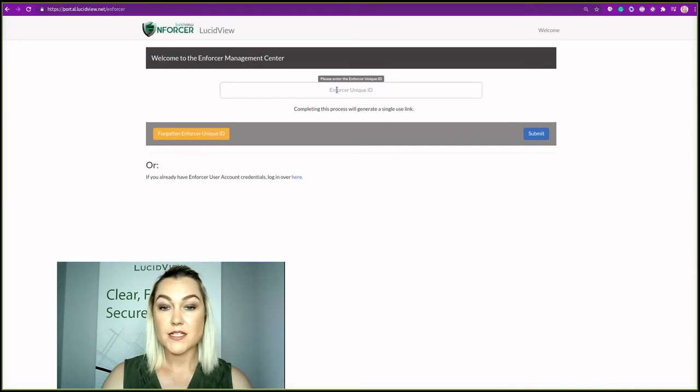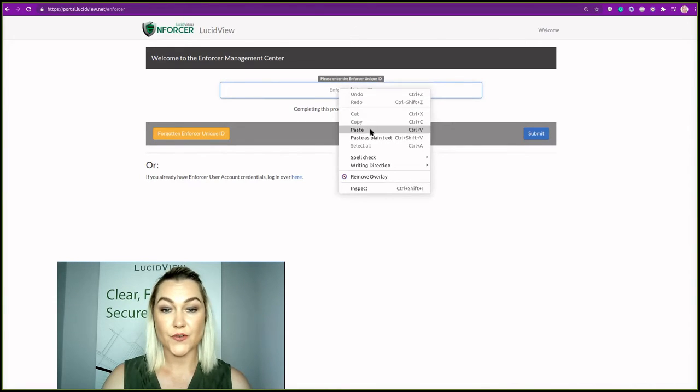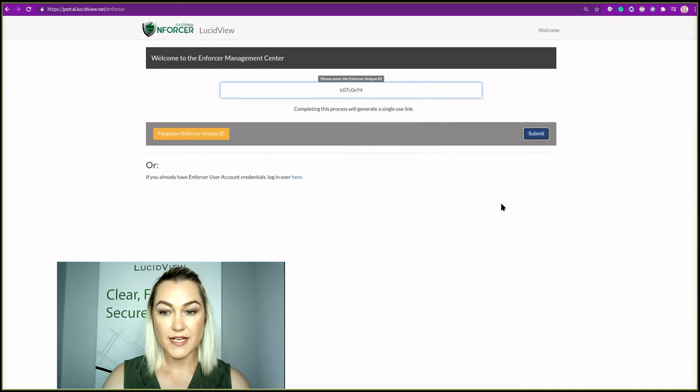You can enter the specific GUI over here, whereby an email will be sent to you with a link, or you could do the two-factor, where you enter the specific enforcer GUI, that's an email address. So I'm going to enter the GUI over here, and then I'm going to click Submit,